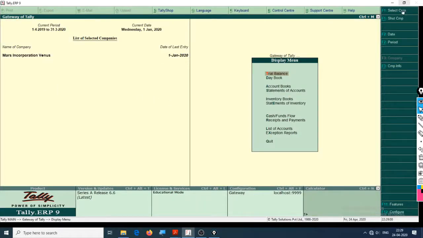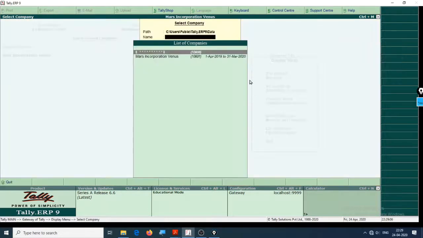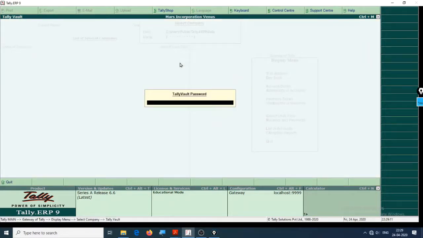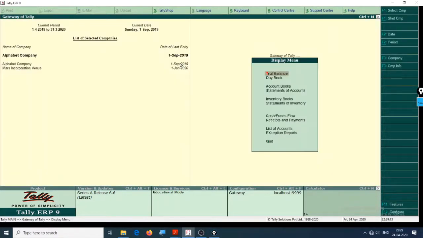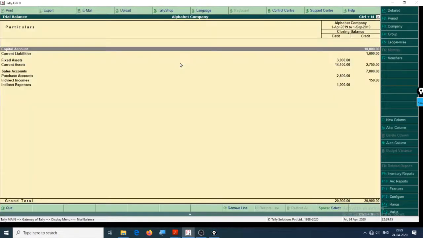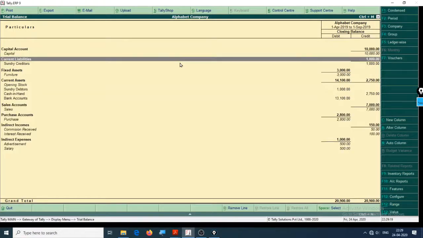Let me open that company, select company. Enter 1234, my password for Alphabet company, and I'll open the trial balance of Alphabet company. Alt F1 for detailed trial balance.